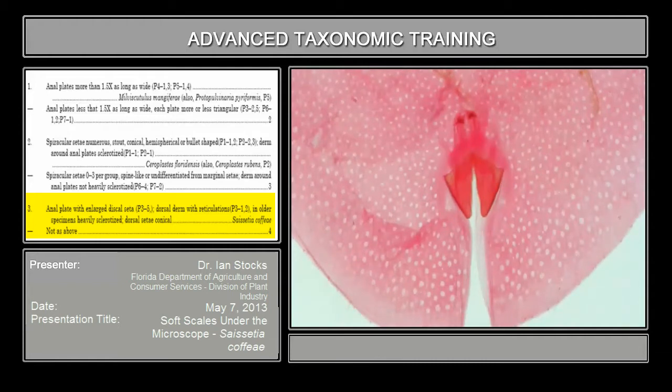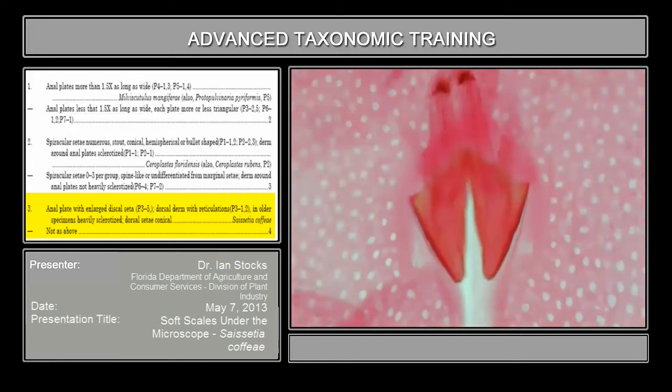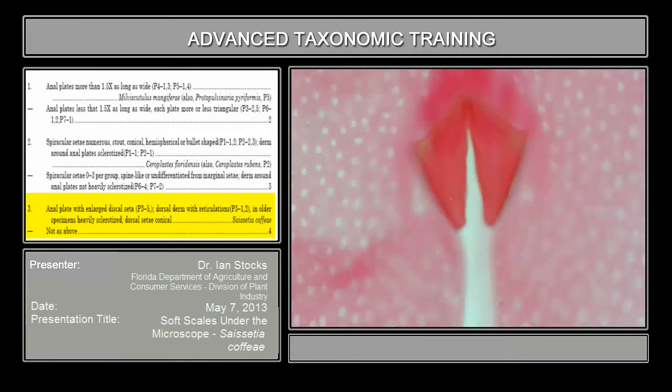Now the important thing here, for part of this key, I can get us started at 10x here, but focus in and out at that 10x around this region here on the anal plate. It'll be fairly indistinct, but ideally, you should be able to pick up on a little pale dot, at the very least, a pale dot. And then if you focus in on it at say 20x, it should become even more clear. Right there. That's the socket